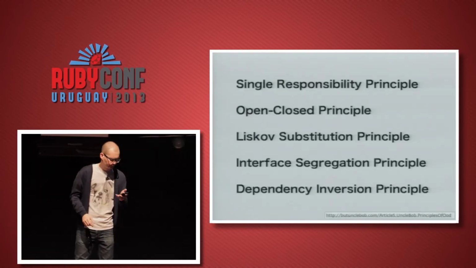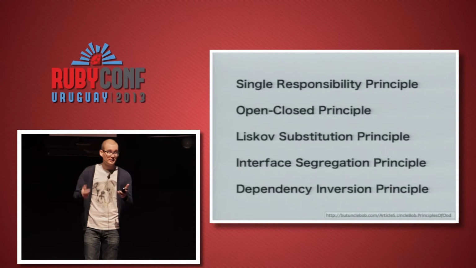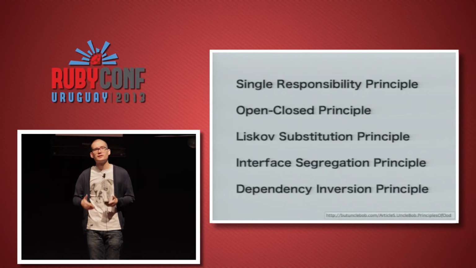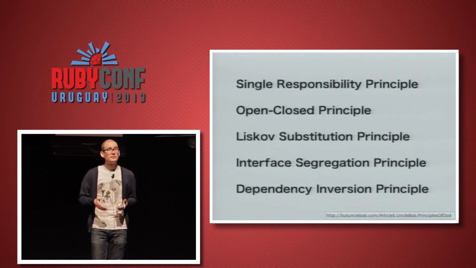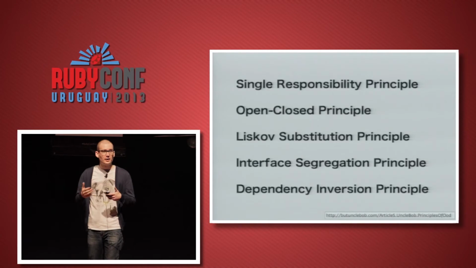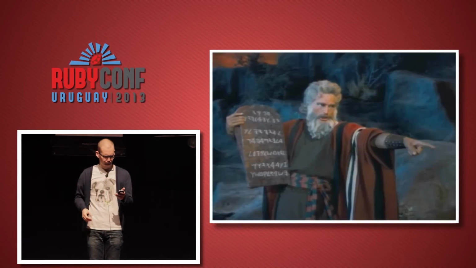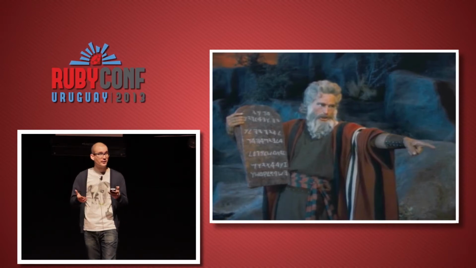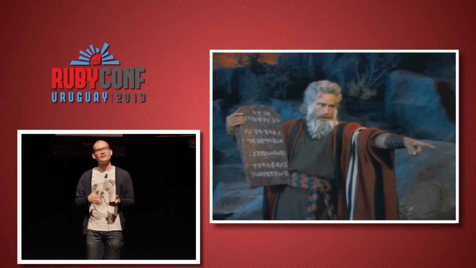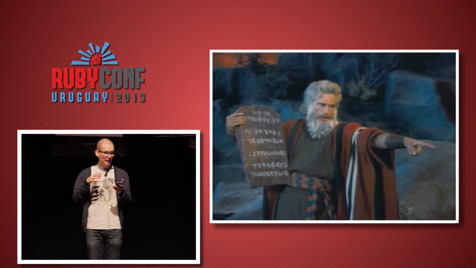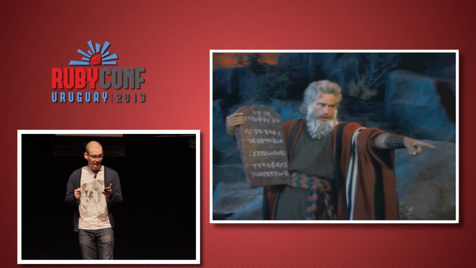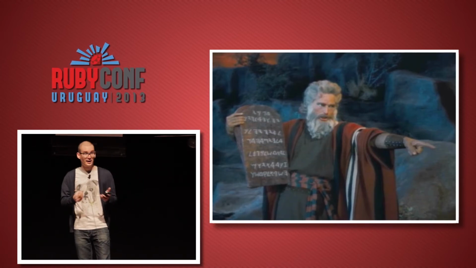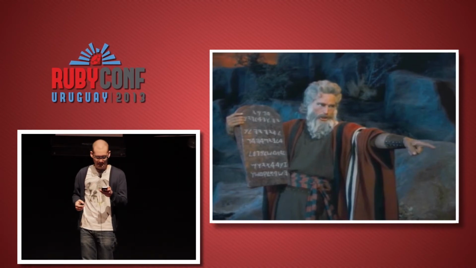The SOLID principles. As I suppose most of you know, SOLID is an acronym that stands for these basic principles of object-oriented design that were identified by Robert Martin, Uncle Bob, around 12 years ago. These principles are quite often referenced by those who are trying to apply techniques from the object-oriented world to Rails. And by the way, this guy is not Uncle Bob, it's not Robert Martin. This guy is Charlton Heston playing Moses.